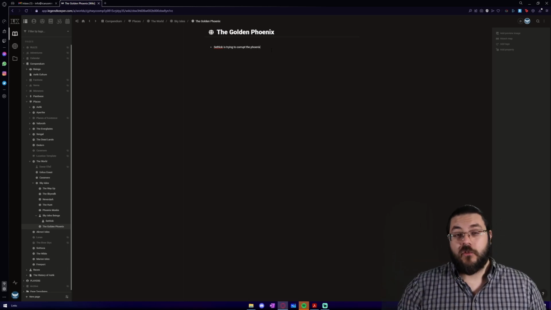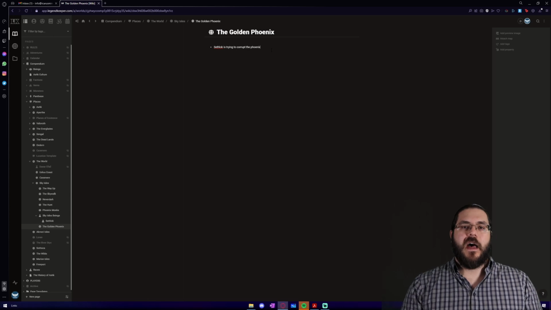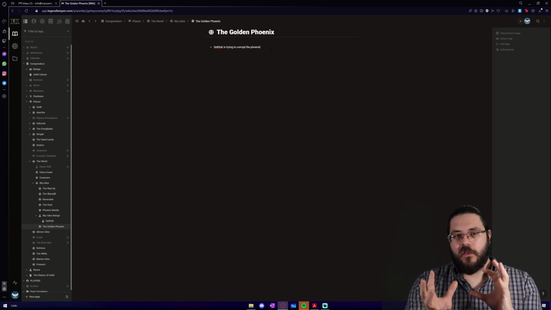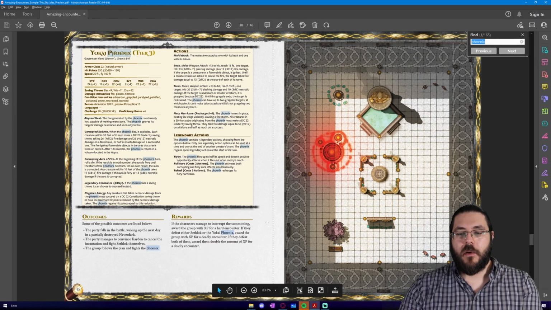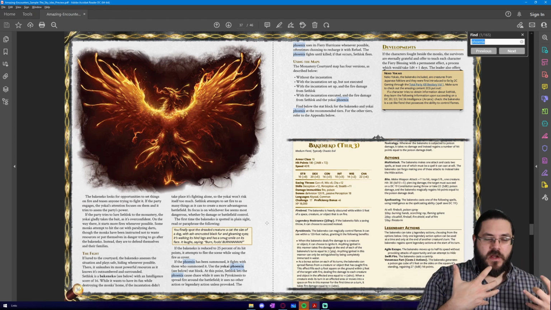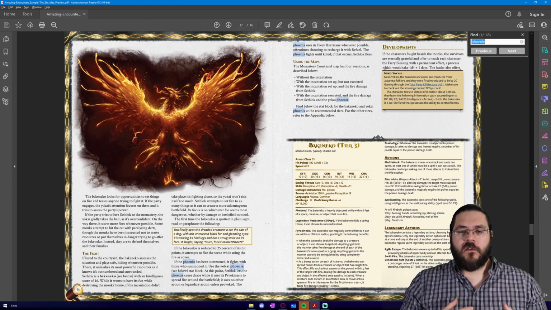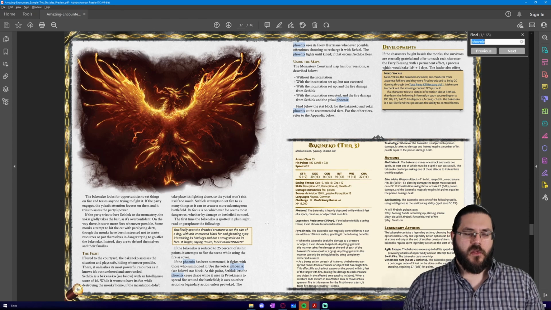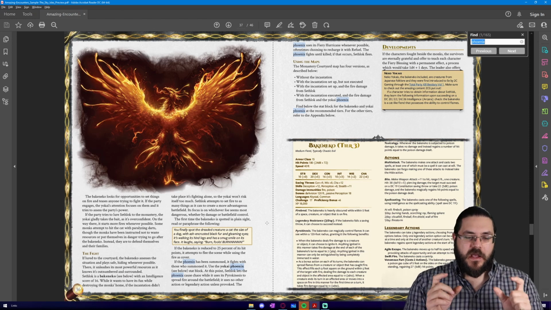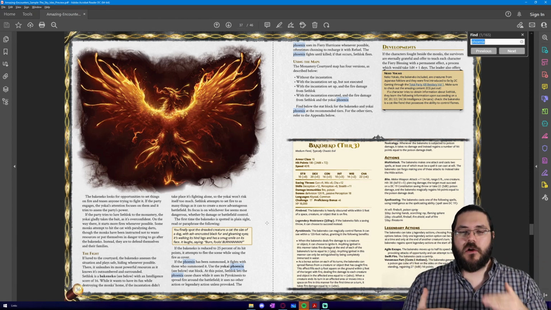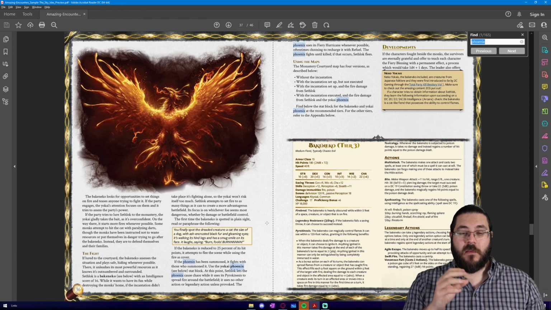Sethlock also will want to summon the Golden Phoenix because Sethlock knows that whoever summons the Phoenix controls the Phoenix, and that would be the pivot point around the final confrontation. Because if we look at the final confrontation, it is all set up around this push and pull between Sethlock and the Phoenix, and the players are the third party involved in that. So I much prefer the idea, and it fits in with the themes of my homebrew world much better, if that final encounter becomes an allegory for corruption. So Sethlock is trying to corrupt this beacon of good, and the players are trying to make sure that it